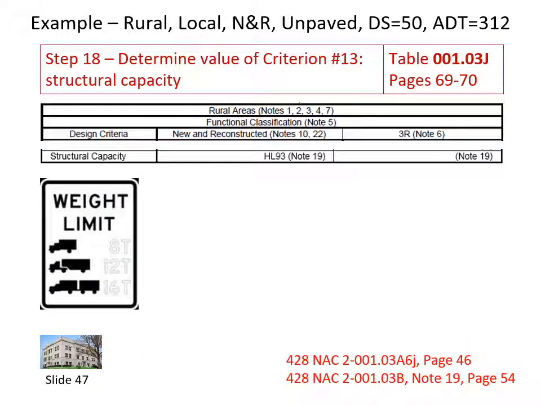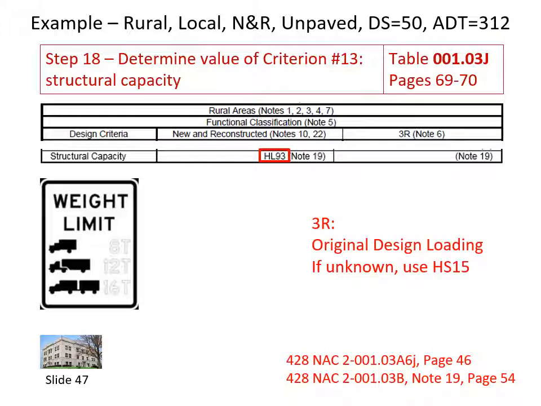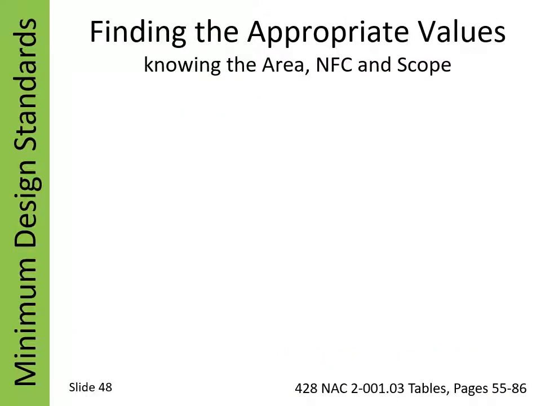The minimum design structural loading capacity is HL93 for a bridge replacement. If a structure needed 3R work, the minimum design structural loading capacity is the original design loading. If that is unavailable, the minimum is HS15. Refer to Note 19. In summary, once you have found the standards table that applies to a work or project,